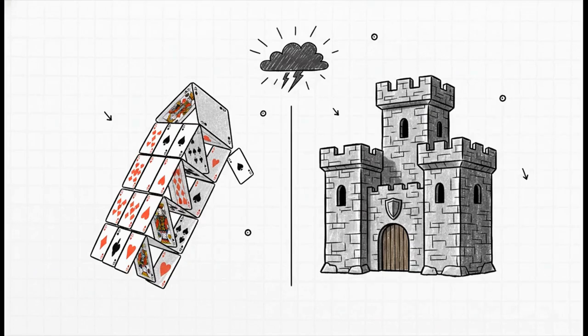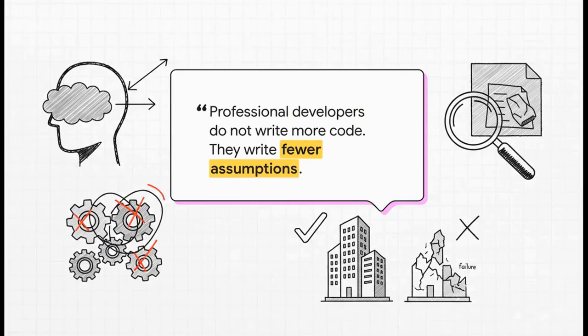Ultimately, it really just comes down to this choice. You can write optimistic code, which is fast and works great, until it doesn't, or you can write defensive code, which assumes failure isn't just possible, but that it's inevitable, and it prepares for it. And I want to leave you with this idea because it really says it all in one sentence. Being a great developer isn't about writing more code or more clever code. It's about being the most diligent at finding and eliminating your own blind spots, your own assumptions.